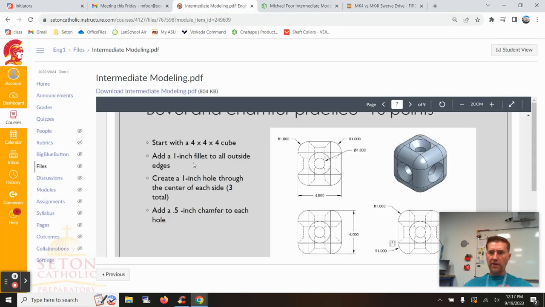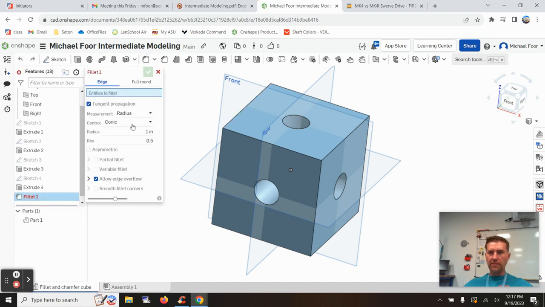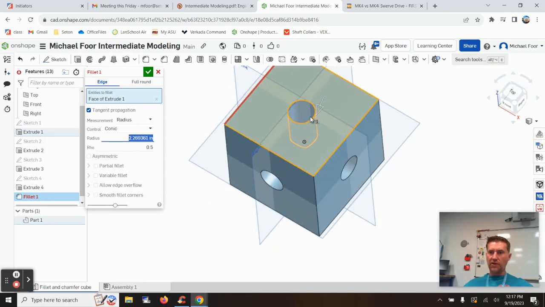Next thing we need to do is add our fillets. Okay, not pronounced fillet, that's steak. This is fillets. So we're going to get our fillet tool, and it's a 1-inch fillet. So we'll go ahead and set that to 1 inch. And what I'm going to do, oops, I'll check that, is we're not going to click on the face. So if I click on the face, you can see what it's actually doing